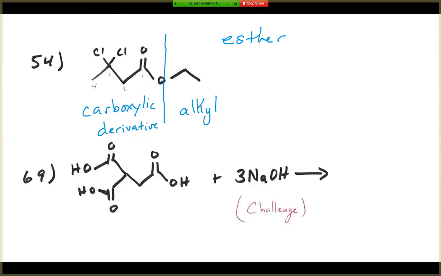So we take a look at our alkyl group. We got 1, 2 carbons, so I know it's going to be ethyl. And then the rest of the molecule comes after it. We take a look: we got the 1, the 2, the 3, and the 4. So right now I'm forgetting the chlorine. I'm just trying to get the major parts of the structure, this part. So we have a methyl, and then I see I have 4 in the carboxylic acid derivative. So that's going to be ethyl,